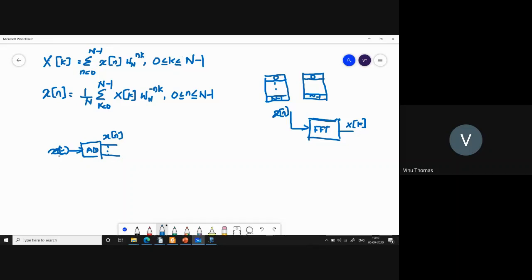So in general, this comes from a real world signal. So x of t could be, for example, it could come from a microphone. So someone is speaking. So this is the output of the microphone. So it's a voltage signal. So in general, x of t is a real signal. That is what you have when you have a real world signal. So its digital equivalent is also a real world signal. So this is also real world.